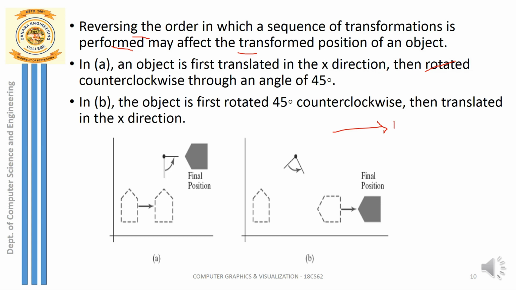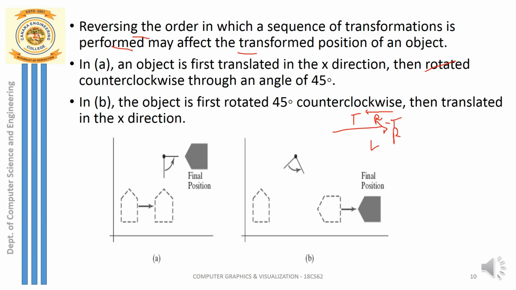Suppose I am applying first reverse translation and then scaling, and then I perform the forward translation. So this is the order, right? That order we always prefer to write from right to left. You call it post multiplication. What if, when you perform the multiplication of matrices, instead of right to left, you perform it from left to right? That will totally affect the object that you have transformed. So that is the one major issue.